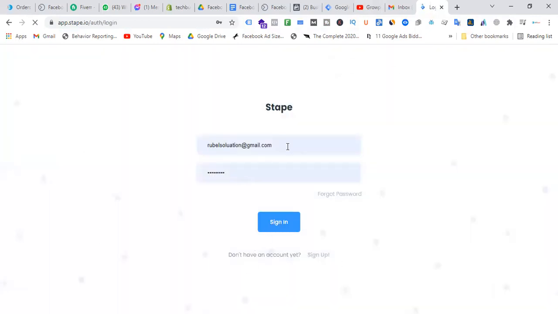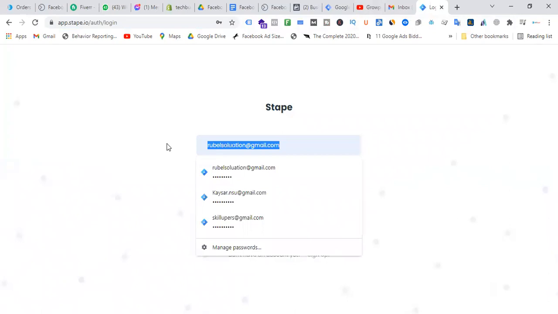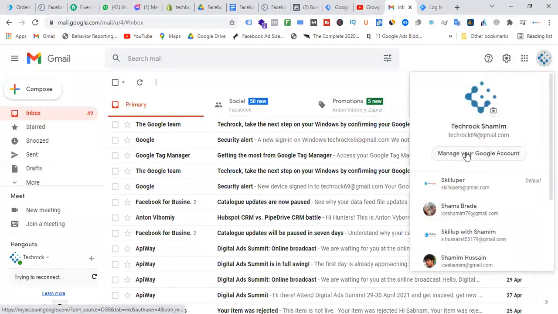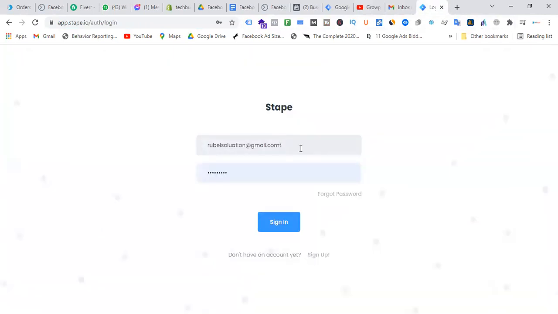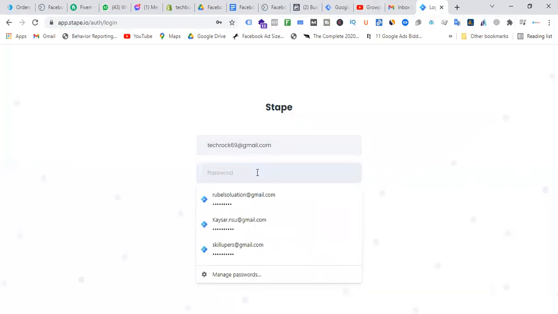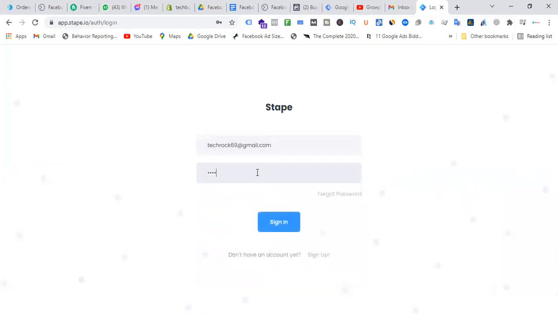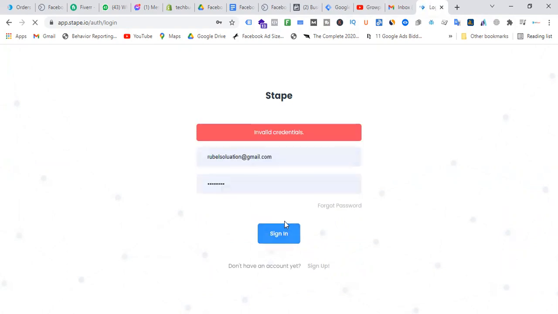Just sign up. I am using that mail ID, techrock.com, and I am giving one password. Okay, I have given the password.